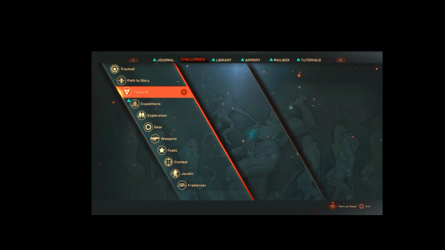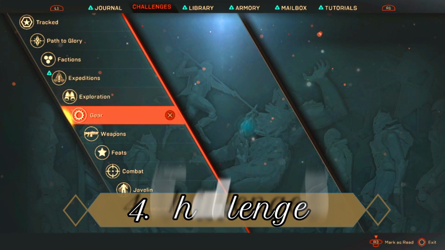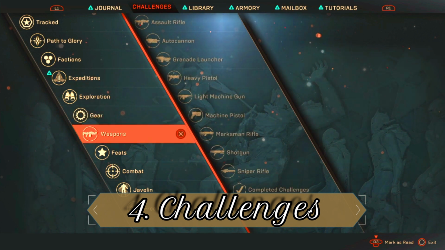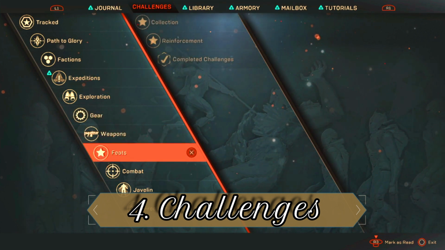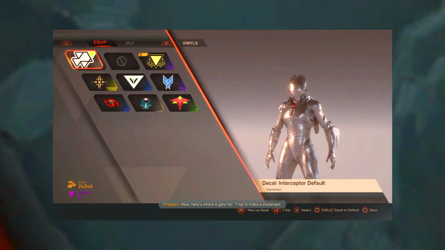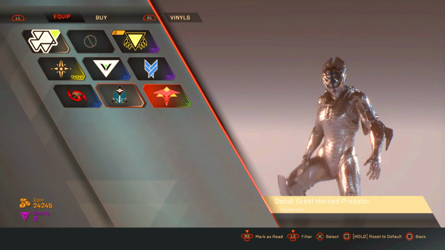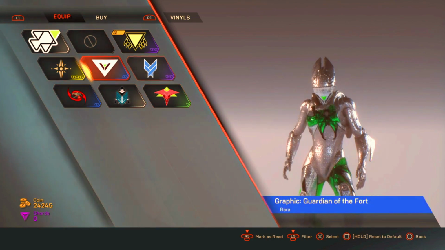So one of the many things that are hidden in the menus, and a very important thing to actually be aware of, are the many challenges that you can complete, varying from exploration and combat to stronghold and special event challenges. Now do you need more coin for that really cool armor set or pattern or even emote? Well, this is your main way of doing so, and you can actually earn even more than just coin from